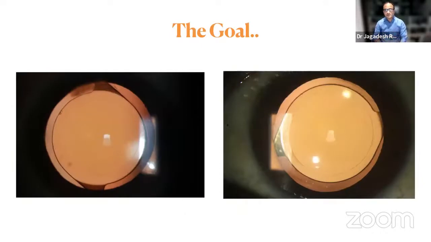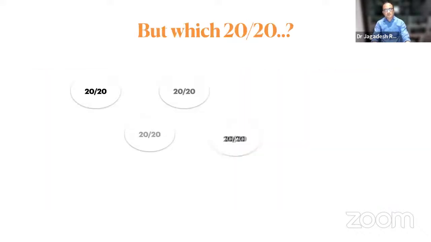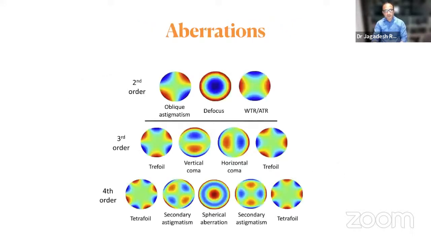So our goal is that we would want a very well-centered IOL, not only in the bag, but having it on the visual axis as well. This is all because we want to see a patient with 20/20. All these are 20/20s, but which 20/20 are we talking about? Which is the one we want to give our patients? All may be 20/20 on our papers, but the patient may not be happy. This is because there are other aspects that can affect the quality of vision.